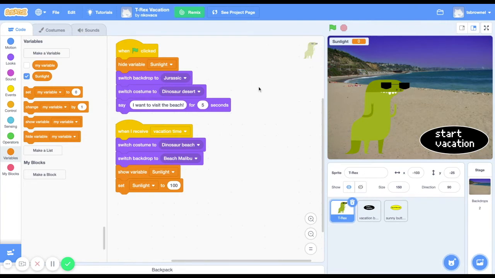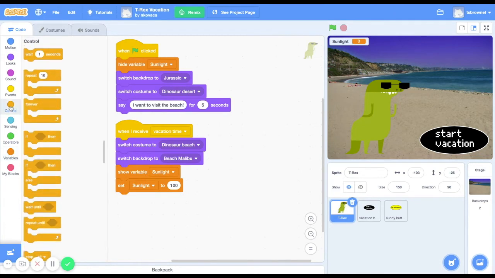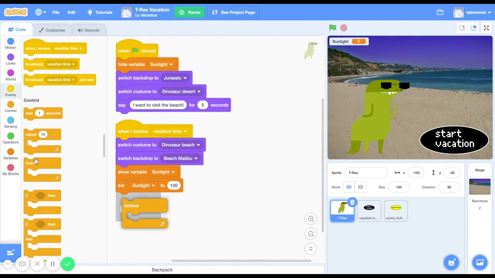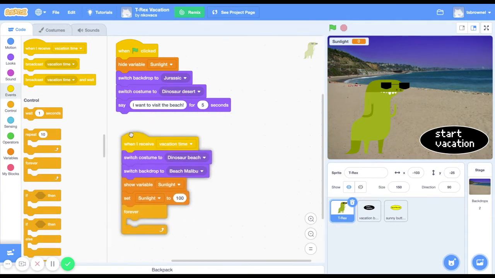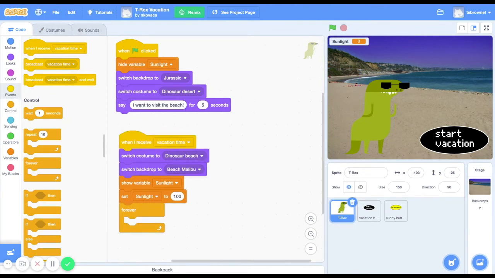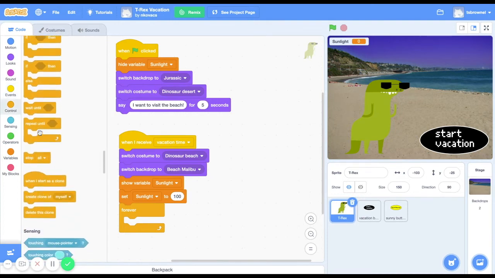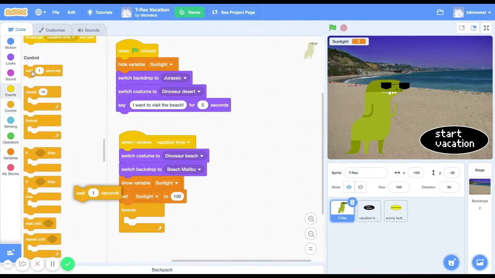Now that we have this, we need to now have the sunlight variable count down. So to do this, go to Control, grab a forever loop, and add it to the bottom of our code under the Set Sunlight Variable tab. Then, still in Control, at the top here, drag the wait 1 second block,